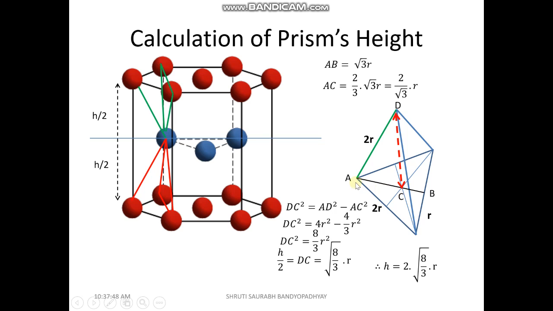Now this length is actually the length between two spheres. The two spheres in reality touch each other, so this length is 2r, so this is also 2r, and this is also 2r, so the half of this 2r is r. So actually this length is r and this length is 2r.